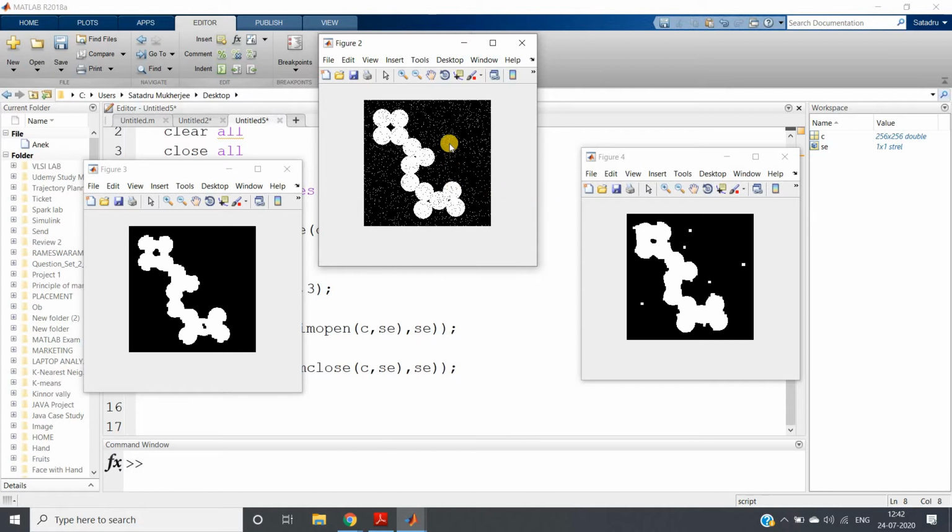You may ask why. When you apply closing first, all these background white pixels, which are basically salt noise, will be expanded so much that opening cannot suppress them. As a result, some amount of white pixels will remain as salt noise in the background. But if you apply opening then closing, we are not getting that much salt and pepper noise. And here you can see that the actual structure is very much degraded.